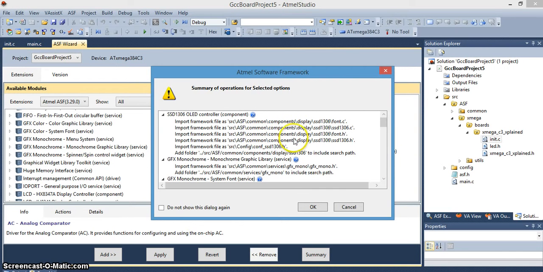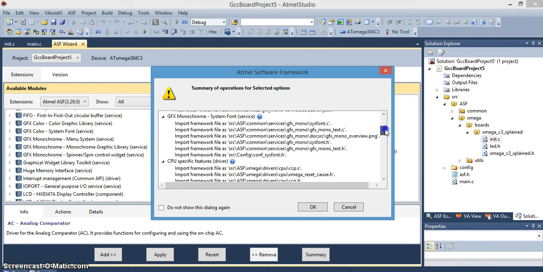And we're going to try to explore that further too. And then we got the GFX monochrome graphics library to actually draw the line, or circles, primitives, whatever we're using. Fonts, system font and for text, and the font headers. And I think those include actual libraries for the actual fonts themselves and their bitmaps, and then CPU specific features,